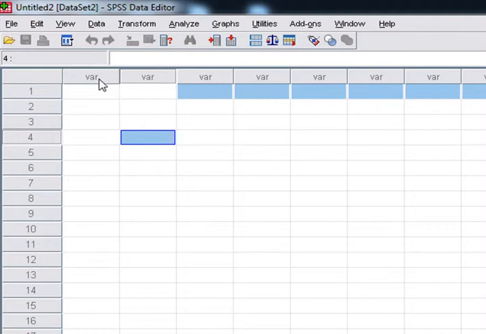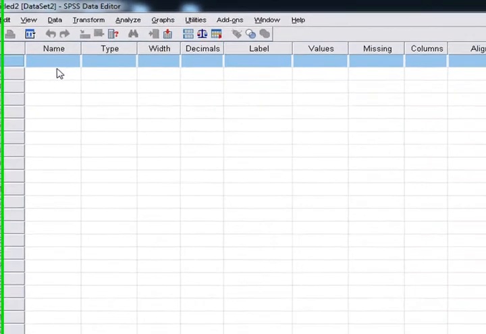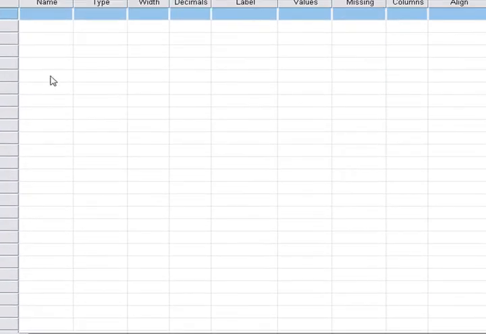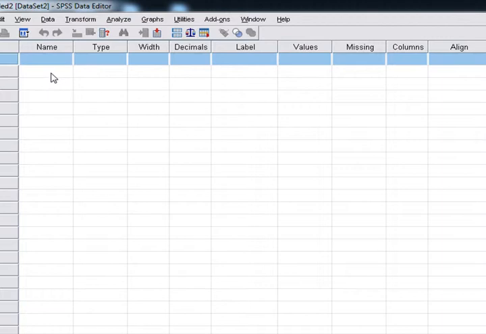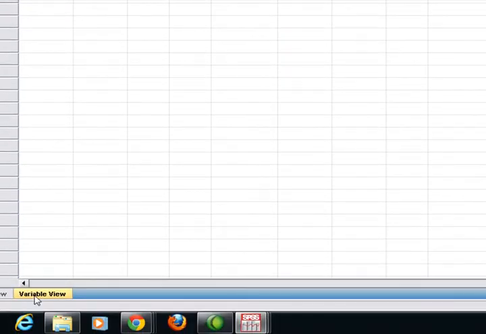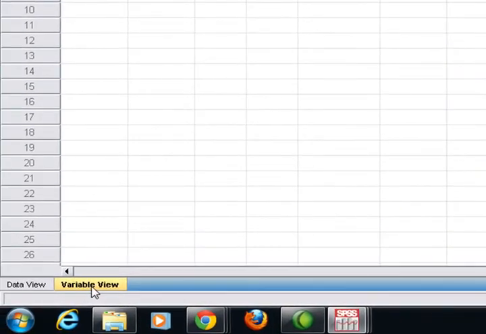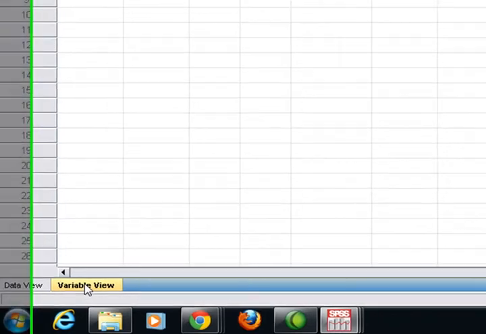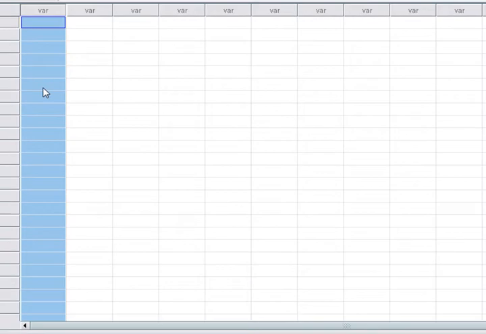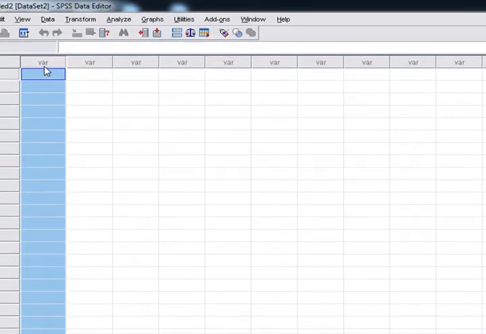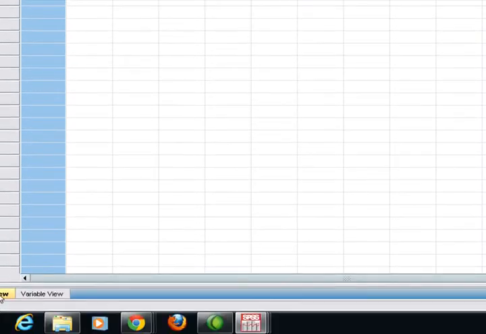For example, we are having three newspapers, so our first variable would be of the newspapers. We would double click this. As we double click, it will jump to the variable view. See, if you follow this cursor, then you are having two windows now. Earlier we were on the data view. When I double click this variable, then immediately we jump to the variable view.